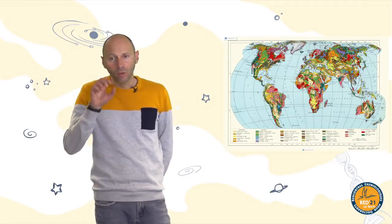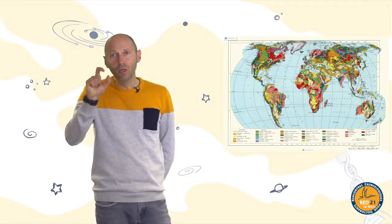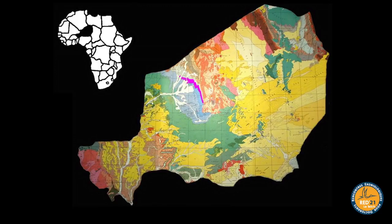So if you are working on what happened before dinosaurs, you will zoom on different parts of the world, like in Africa, for example. Here you can see the geological map of Niger, which is in the center, or near the center, of Africa. It's interesting for us because it's almost completely covered by the Sahara,